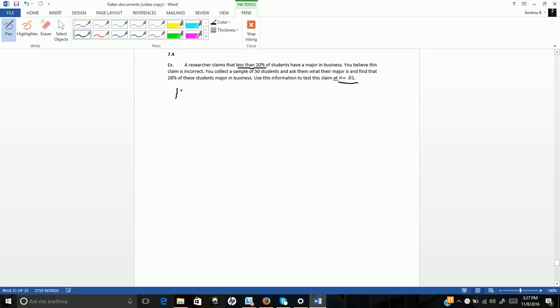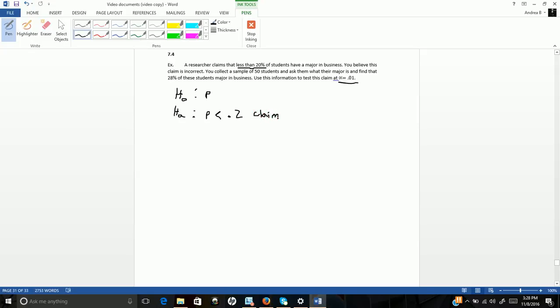So just like before, we want to set up our null and the alternative hypothesis first of all here. And we're dealing with a proportion here, so that means we're dealing with P. In this particular case, the claim that we're testing is this researcher's claim that less than 20% have a business major. So less than, remember, would be an alternative hypothesis. So that means the claim in this case is that alternative hypothesis there of 0.2, and that would be our claim,